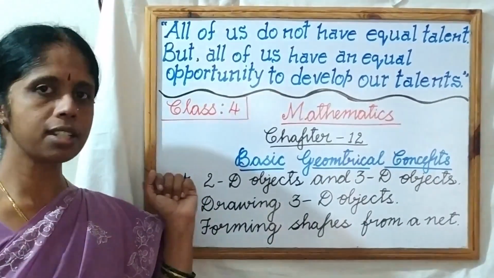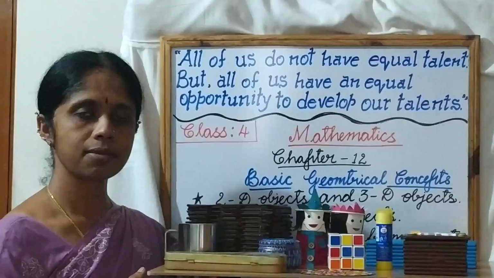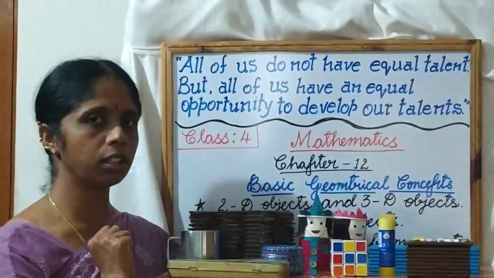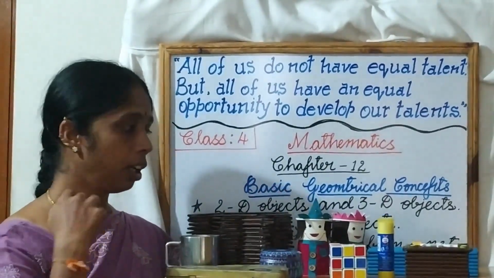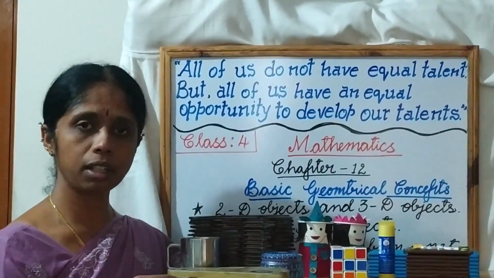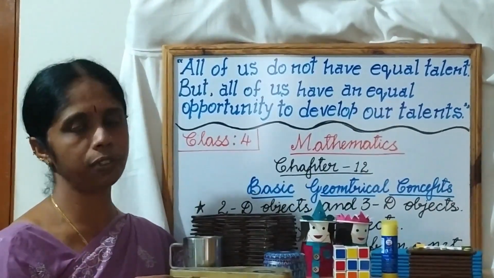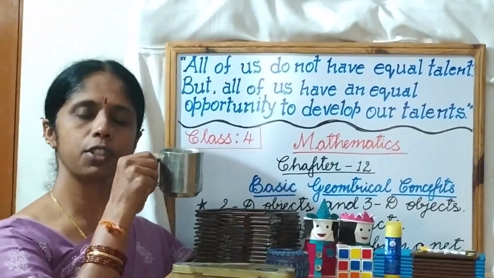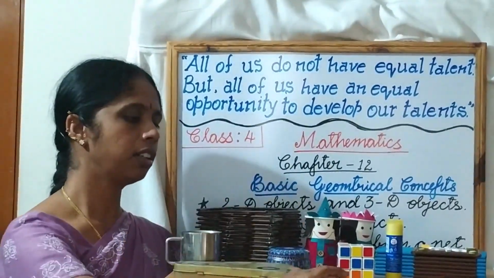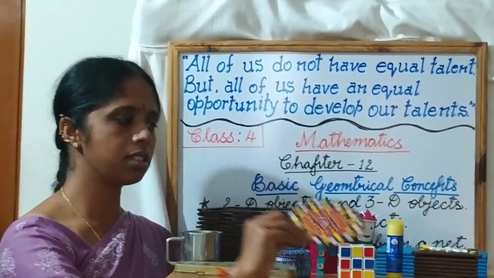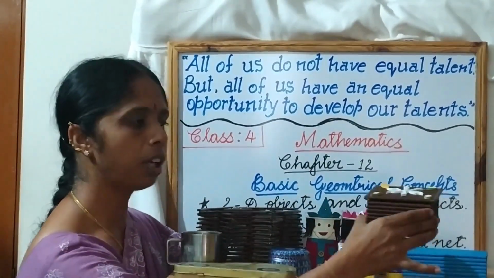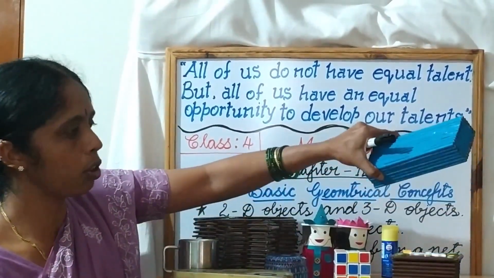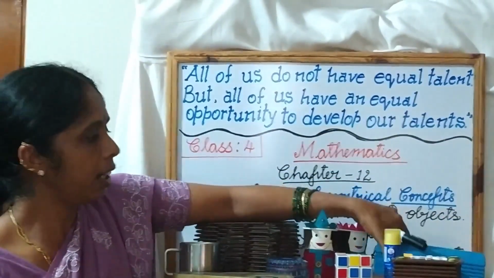Before that, let us see a few objects. Can you see the things here? You may also find these objects in your home. Do they all look the same? Are they all alike? No, they are different in their shapes, isn't it? You can see here a mug which you will have milk in, and here a circular shape with design on it, and here you do have a box. And here we have one more box. Are they the same? No, they are different.